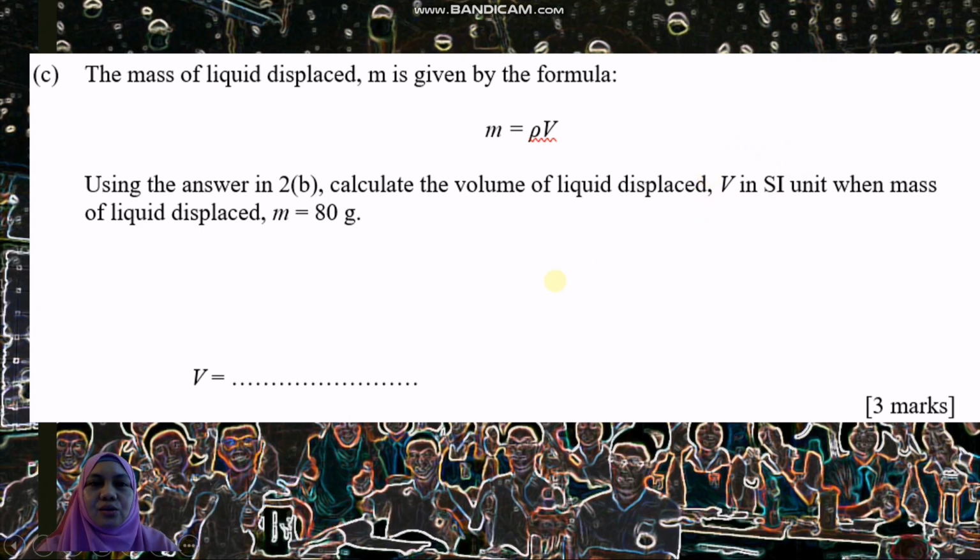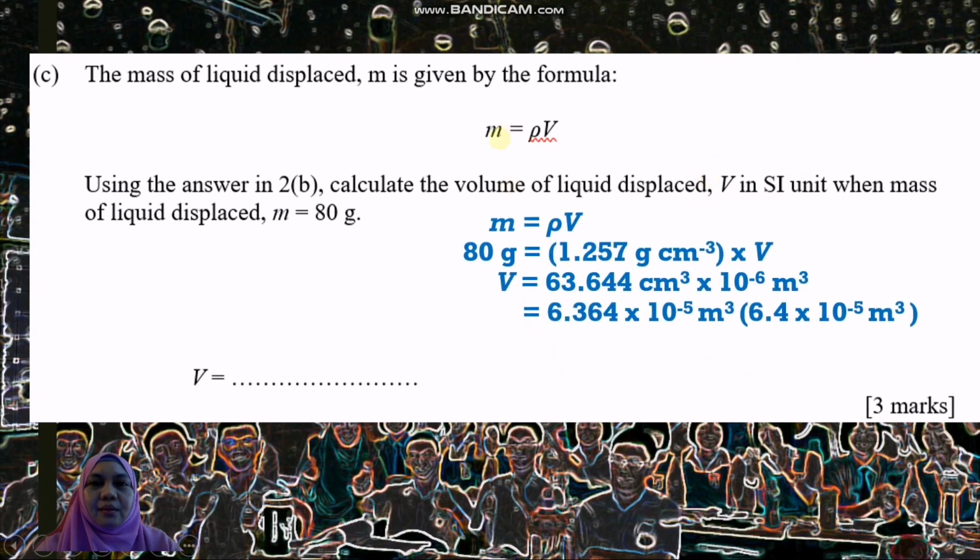Yes. So, this is the formula you are given. So M is 80 gram. This is the density we determined earlier, multiplied by V. So V is 63.644 centimeter cube. But since they ask you to place the value in an SI unit, which is meter cube,